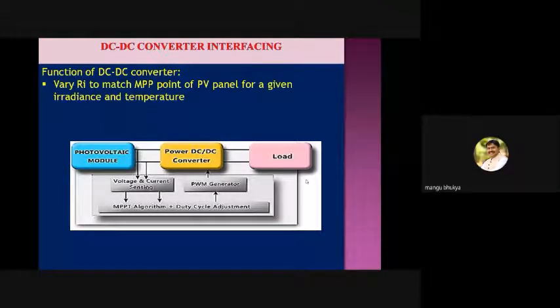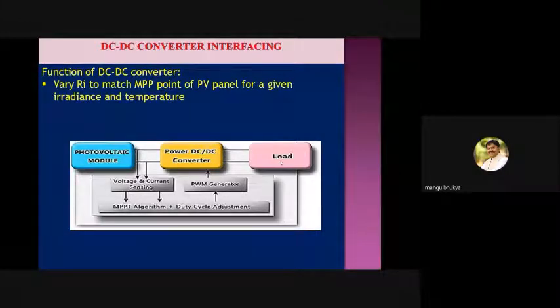Sink means which absorbs the energy. So the battery plays both roles. Based on the requirement, sometimes it will play as a source, and sometimes it will play as a sink. But here is what you have to understand: the battery is a limited source. It will take limited energy, and it will deliver limited energy.